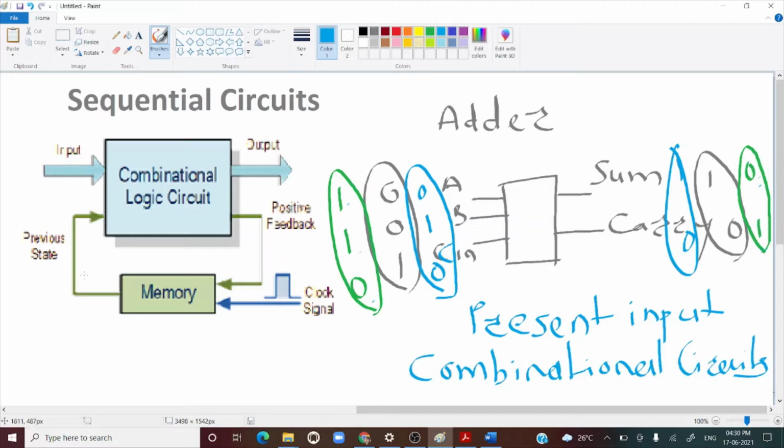So this is the sequential circuit, in which the output depends on the present input as well as the previous state, because it remembers the previous output. There is a memory element. These sequential circuits also need the clock pulse, so they will be active only if the proper clock pulse is applied. So this is about the basics of a sequential circuit. I will give you one simple example, that is the example of a counter.